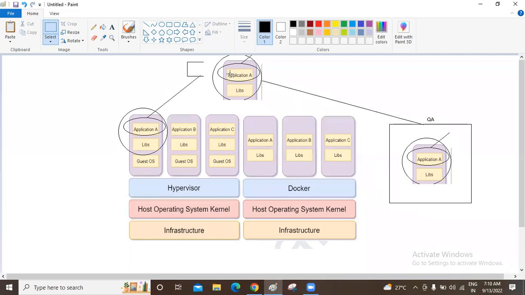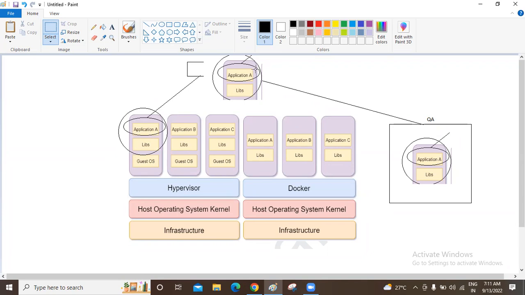This kind of thing is called as what? Containers. Once we are containerizing the application, it means we are packaging up the source code along with its dependencies, and we are packing them together and shipping this from the dev environment to some central server where we will store our Docker images.